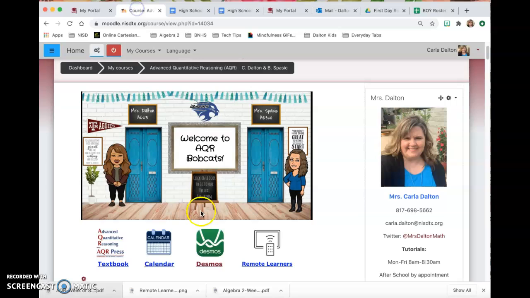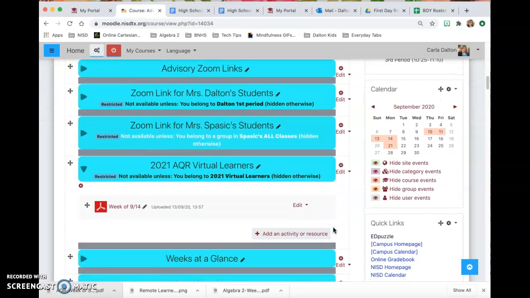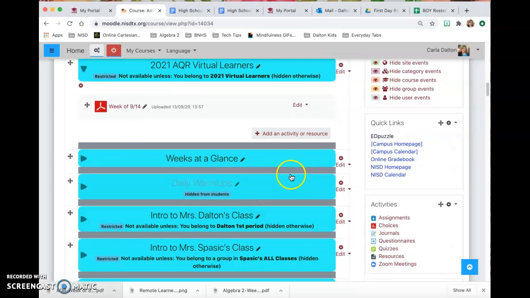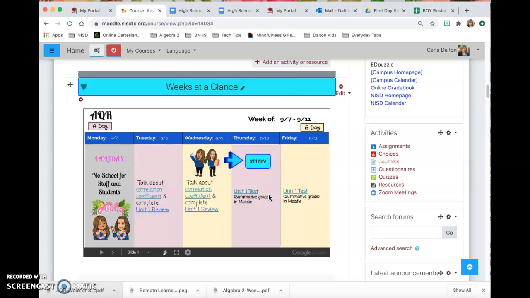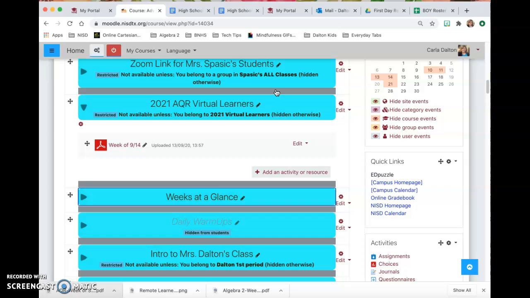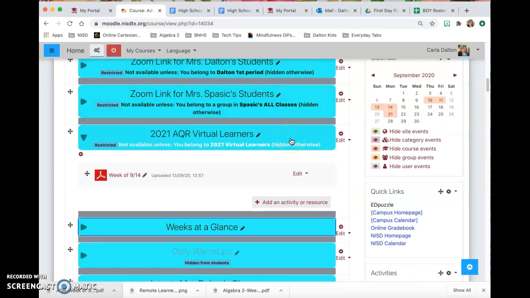Okay, the other thing that I have added to the Moodle page is, if you scroll down, normally when we were in person or when we were all virtual, we were following this weeks at a glance. You will still have access to that as a virtual learner, so you can use the support resources on that page. But I've also added this toggle right here for virtual learners, and that will only be visible